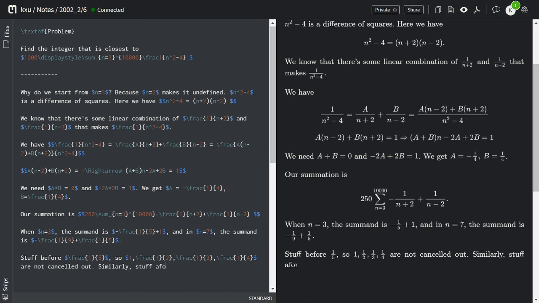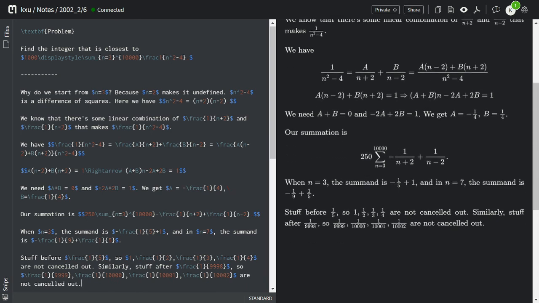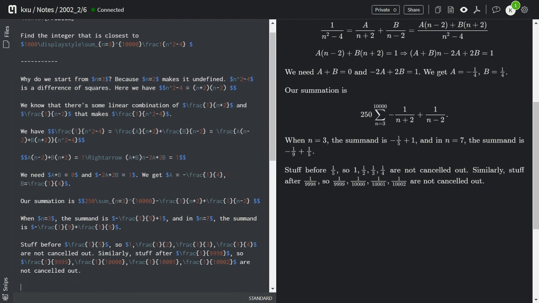Stuff after 1/9,998 cannot be canceled out. So this is 1/9,999, 1/10,000, 1/10,001, 1/10,002 that are not canceled out. So these are the only factors that are not canceled out, and thus our summation will become